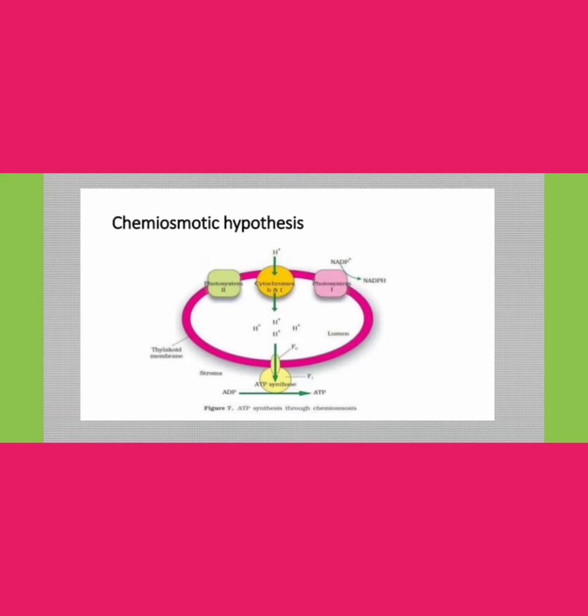In this diagram, you can see the chemiosmotic hypothesis clearly, and the protein called ATP synthase also. The ATP synthase has 2 regions. One is the head region called CF1 and the second is the tail region called CF0. The CF0 acts as a proton channel and the head CF1 acts as a catalytic site to synthesize the ATP molecule.